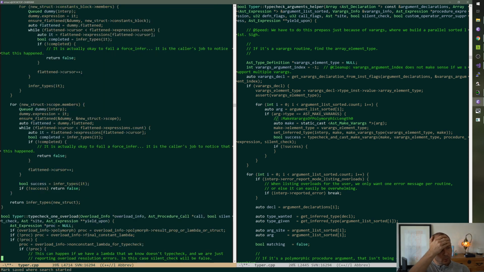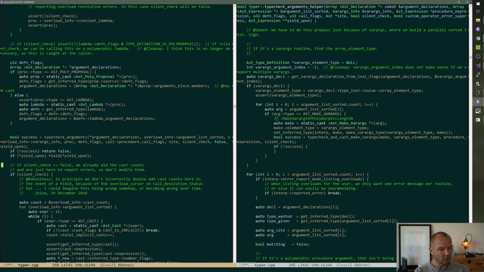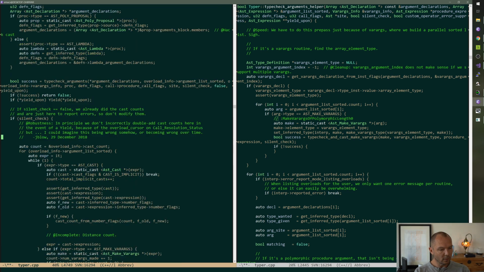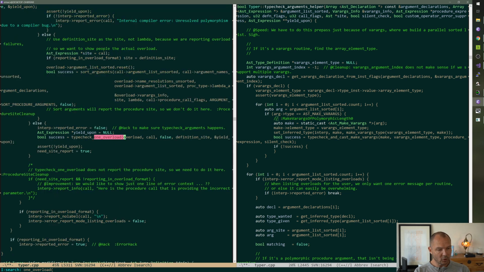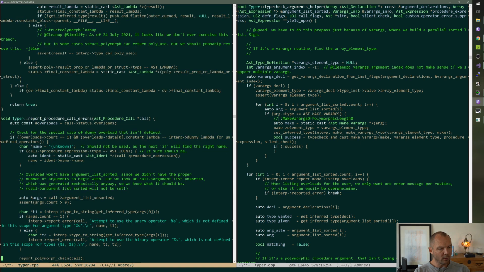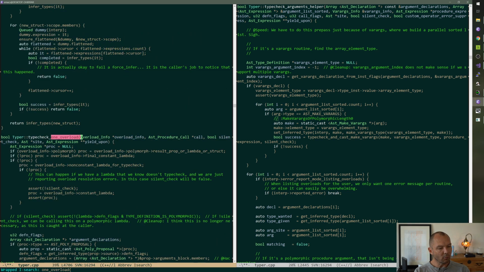We're already doing the work, right? So type check one overload returns whether we match. It's also ignored here. Oh, we don't care about it there because we know it's going to fail.